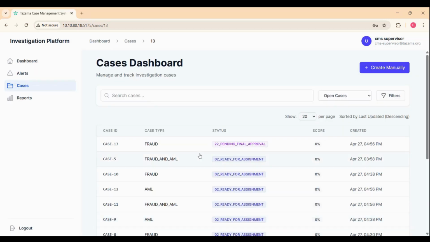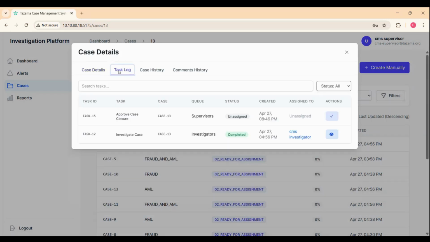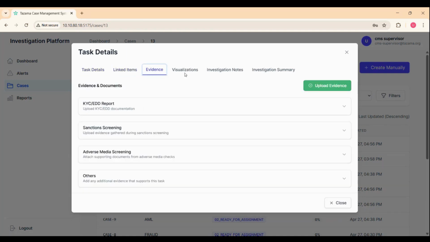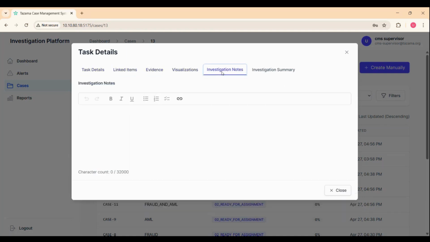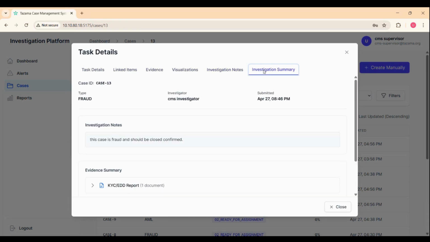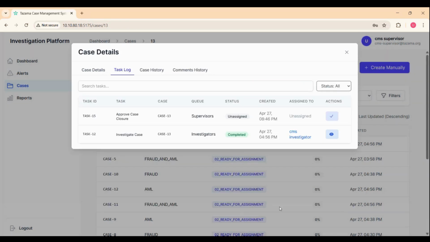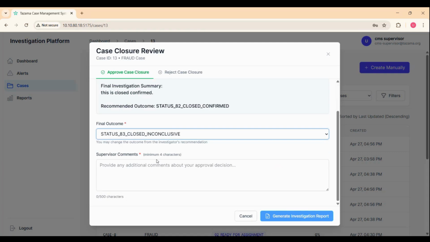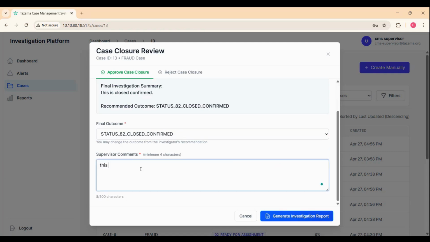The supervisor now wants to walk through the task as well to view what the investigator has investigated. So he'll walk through the task detail, the linked items, the evidence, the visualization, the investigation notes, and the summary as well. He will mark this as closed. And then in the action button, like we had reviewed before, he will select close confirmed because he also thinks that it is a confirmed case. He makes his final remarks